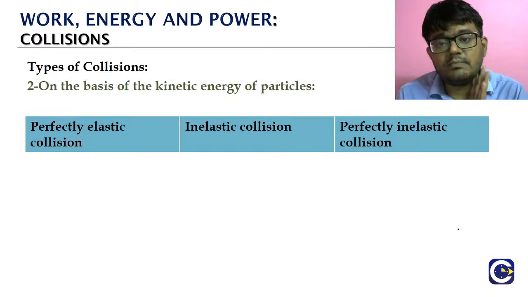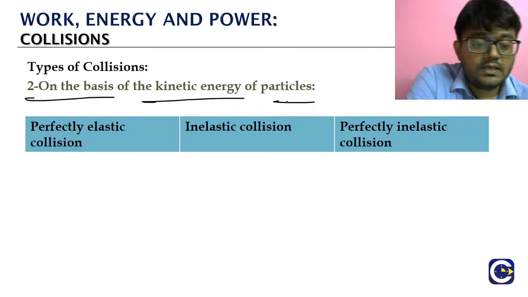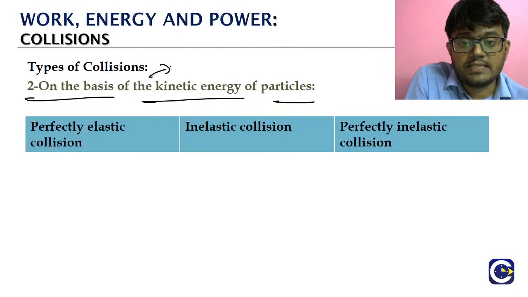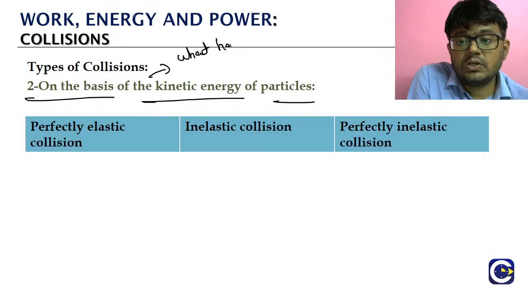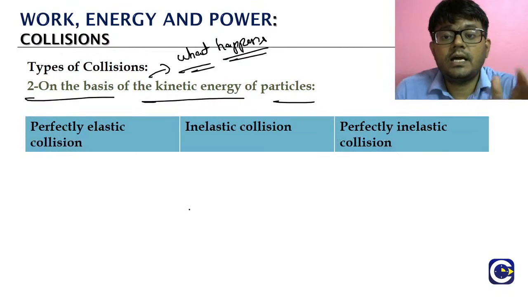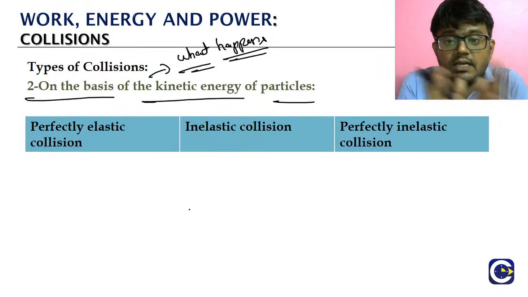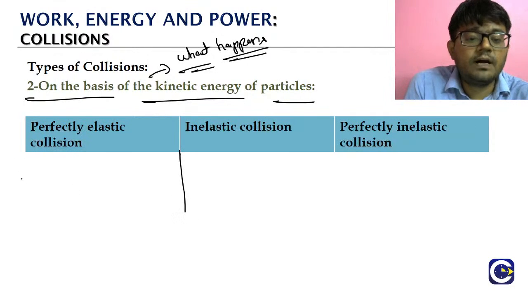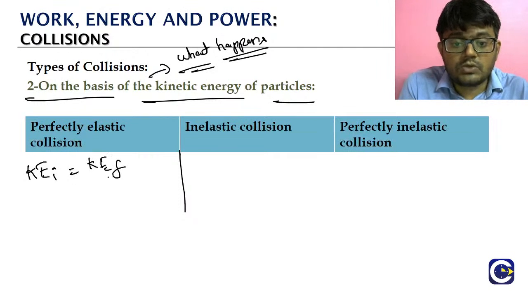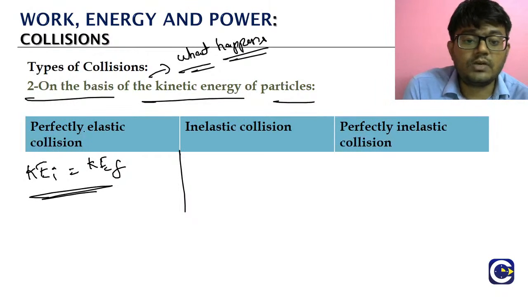Now the collisions can also be classified on a second basis. What is the second basis? Based on the kinetic energy of the particles. Instead of saying based on the kinetic energy of particles, we can say based on what happens to the kinetic energy of particles. Because if you look at the collision, we said we'll focus on before the collision and after the collision. So if you have the total kinetic energy of all the particles before the collision equal to the total kinetic energy of all the particles after the collision,